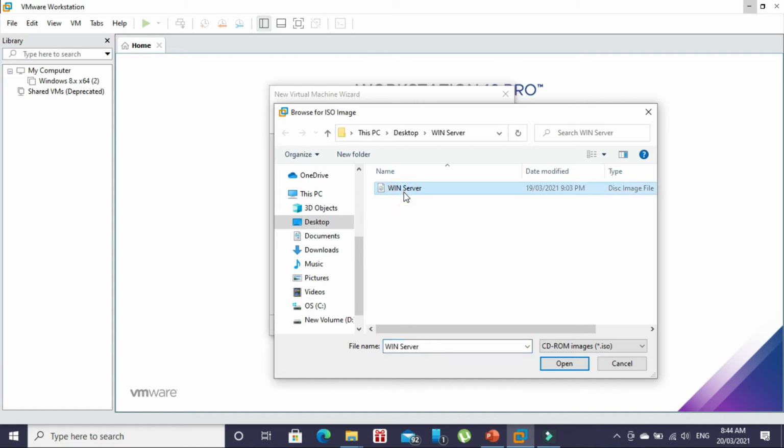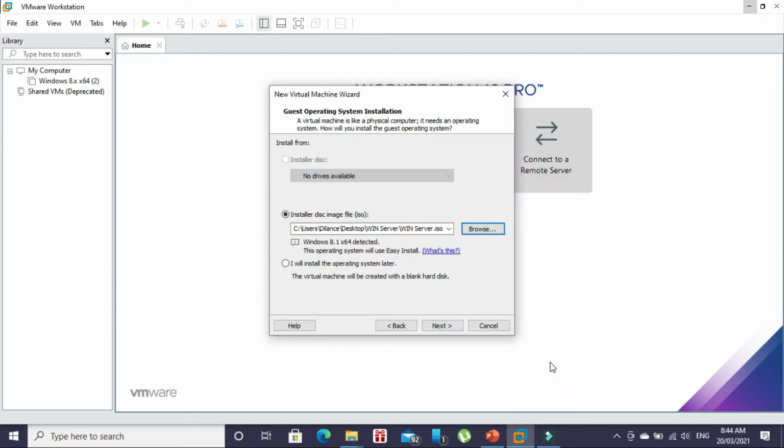So click, and then as you can see, CD-ROM images siya. So that ISO, ito siya nun. Then open. Ayan siya, and then detected, sabi niya. Click next,